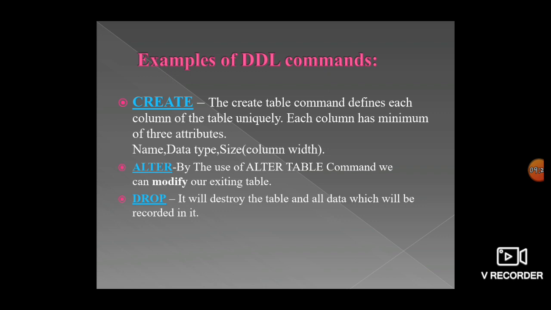You should not forget these terms, because in computer science we are learning a new subject called DBMS. So here we are using the new words attribute and tuples, whereas columns are called attributes and rows are called tuples. You should not forget because you are learning a new subject and new terms. And coming to the next one, alter.